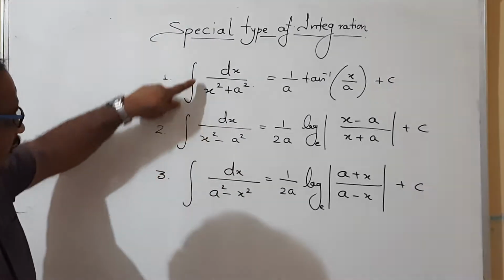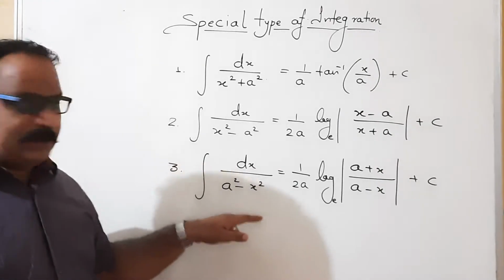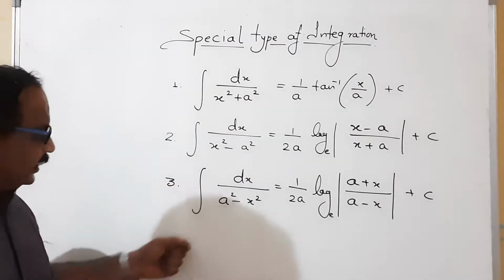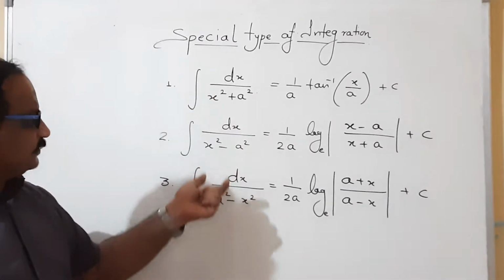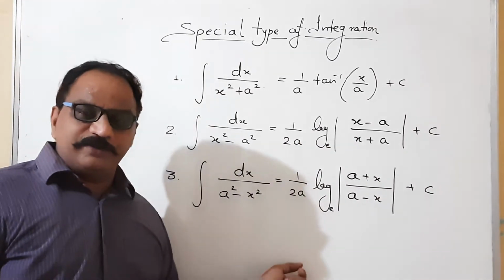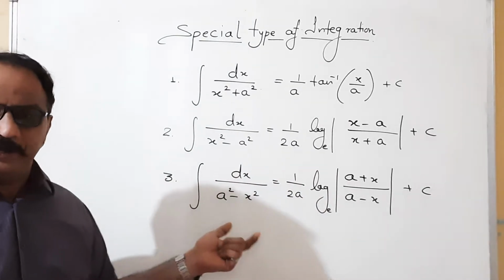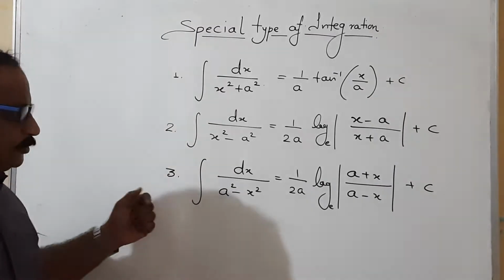In all the components, the denominator part has a quadratic expression. In all the components, the denominator has what? Quadratic expression. Fine. And some other constant number is there, with addition or subtraction. And the respective formulas are along with them. That means we are able to use them in all those conditions where a quadratic expression is inbuilt or we can build it. In those conditions we are able to use them.